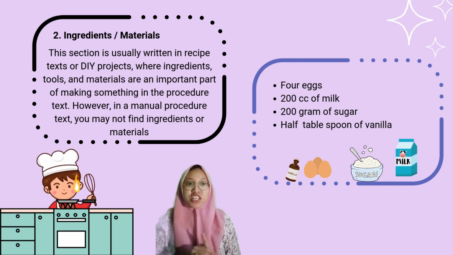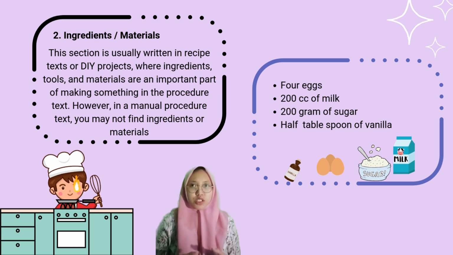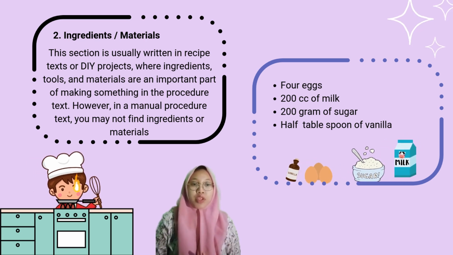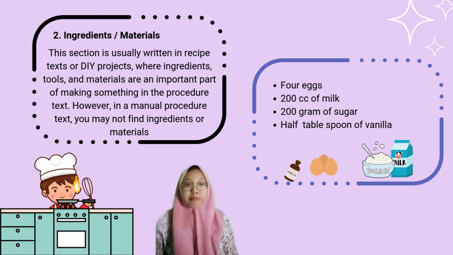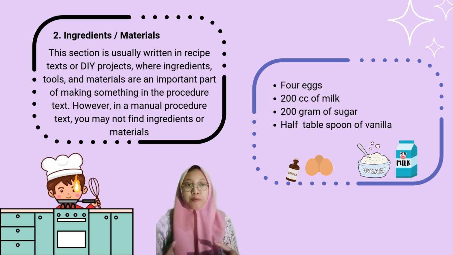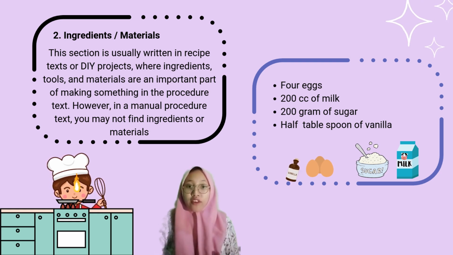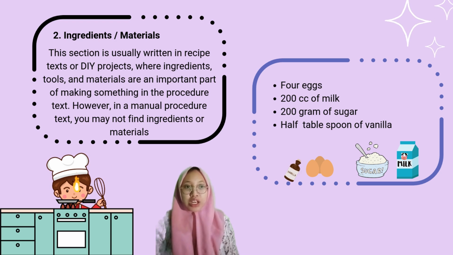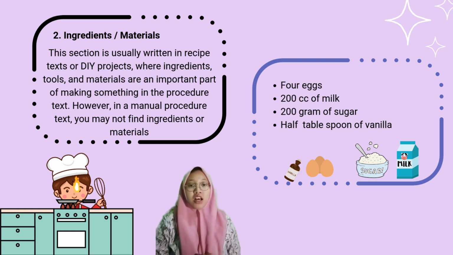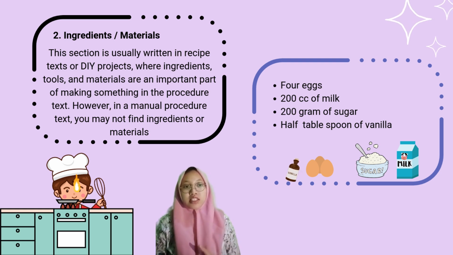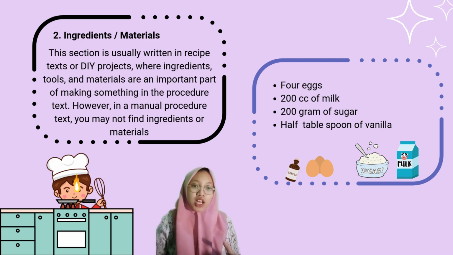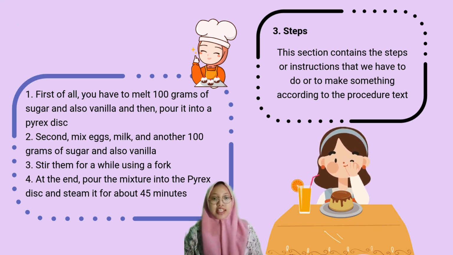This section is usually written in the same text or DIY projects, where ingredients, food, and materials are an important part of making something in the procedure text. However, in the manual procedure, you may not find ingredients or materials. For example, this is 4 eggs, 200 of milk, 200 grams of sugar, and the next generic is, or the